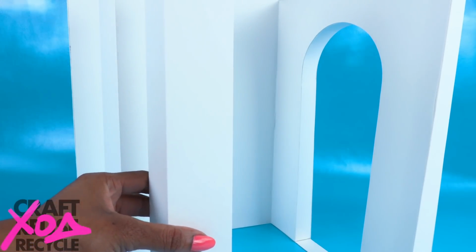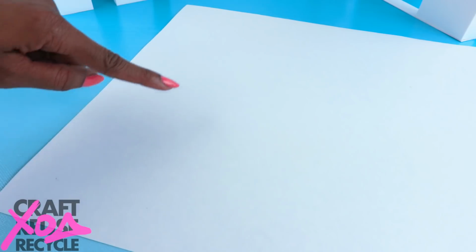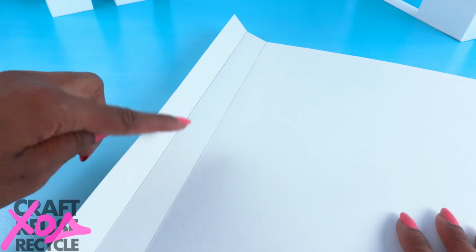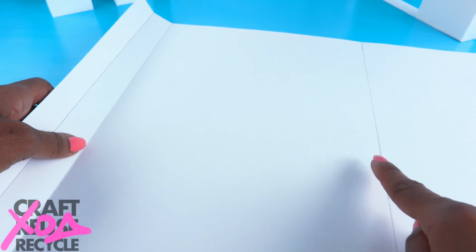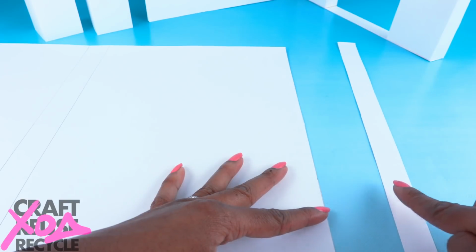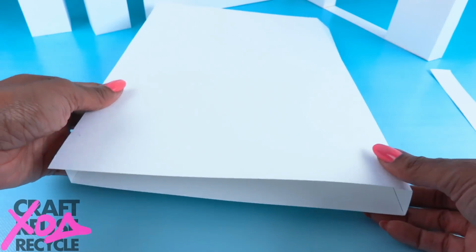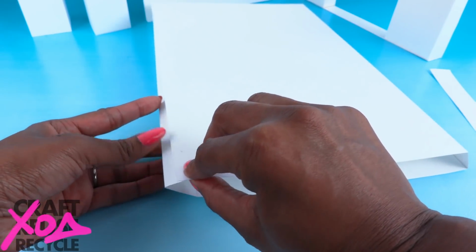Yeah, that way we can create the illusion of like a hallway. Take another half piece of poster board, so it's 14 inches by 22. Draw and score two 1-inch lines, one here and one there. Measure over 9 inches, draw another line, make a 1-inch strip, then measure over another 9 inches, trim off the excess, bend on the lines. So we're making like a long column here, and we're gonna glue that 1-inch tab onto the 9-inch wall so